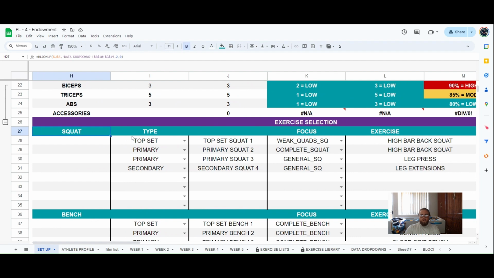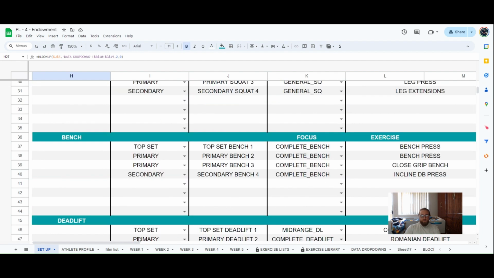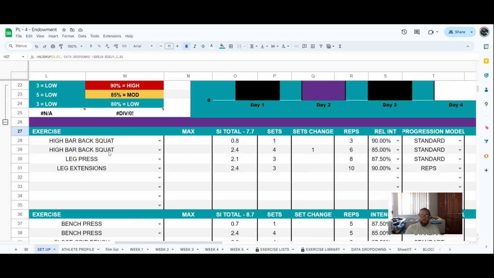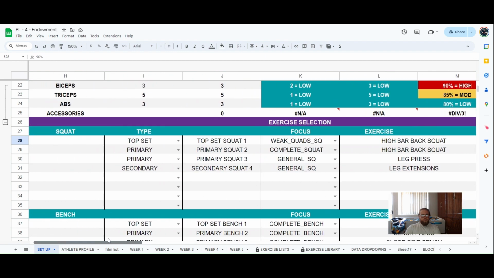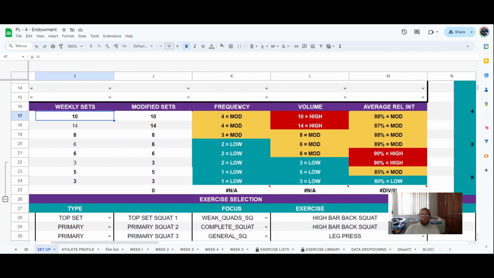You have your bench and all your benches underneath. So high bar back squat for sets, reps, weight, and progression model. You don't need to know about that. But also, we can look at it and say okay, I've got squats, we have the weekly sets, the frequency, the volume, the average relative intensity, and I can quickly see what's happening here